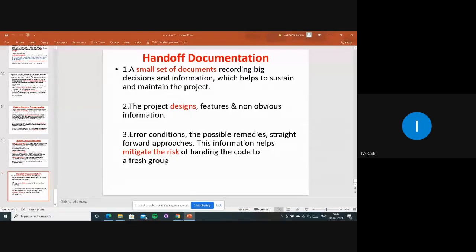That kind of information will be in the handoff documentation.